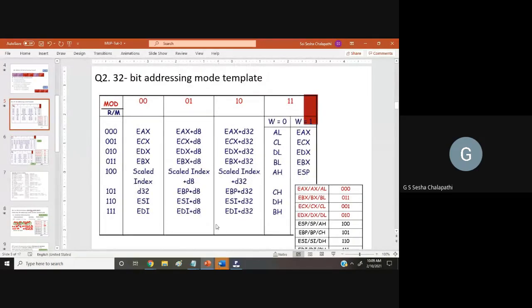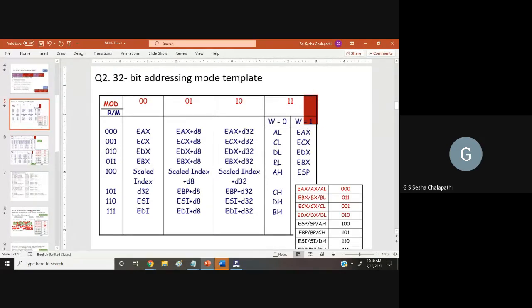If you look at the instruction again, you have EBX plus some scaling into ECX.